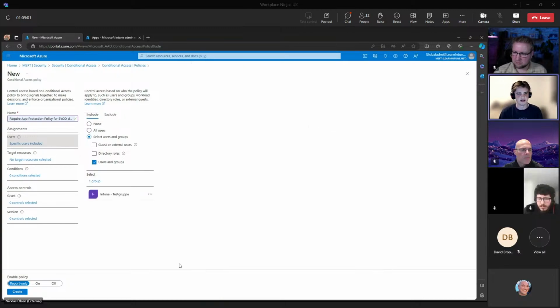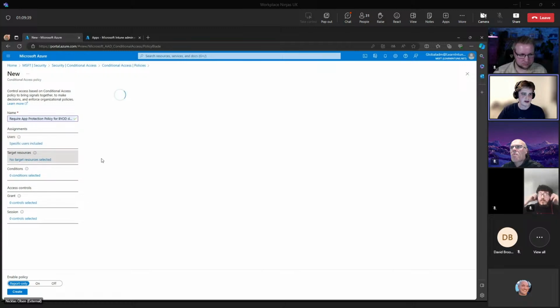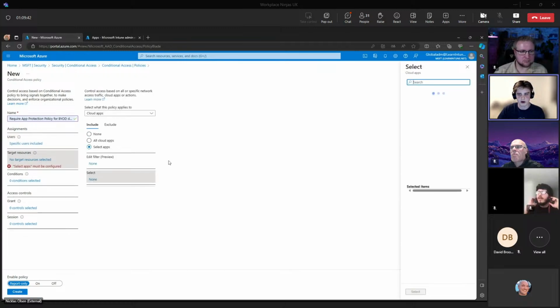And it's important to say here that if you want to include all users to this policy and also the app protection policies, please remember to at least test it before you do it, because I did that mistake once and I'm not going to do it again. The issue was that my device here isn't enrolled into my tenant, so I couldn't access my developer tenant anymore. So just a good advice is to test this one before rolling it out to production, because it will give some minor issues. So I've included my test group, and I want to target Office 365